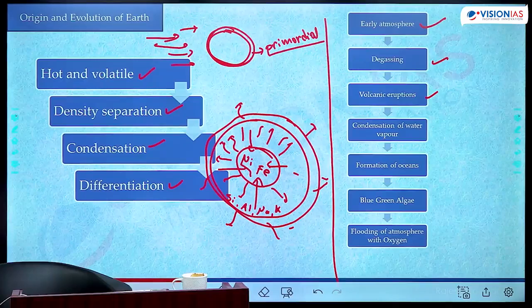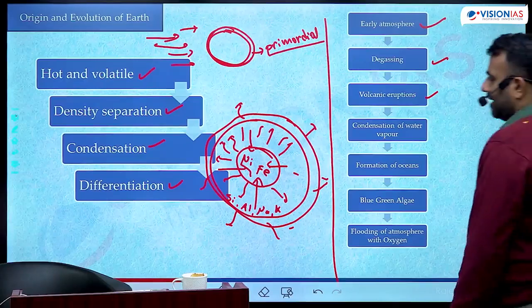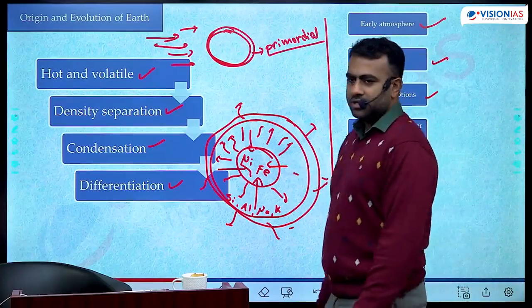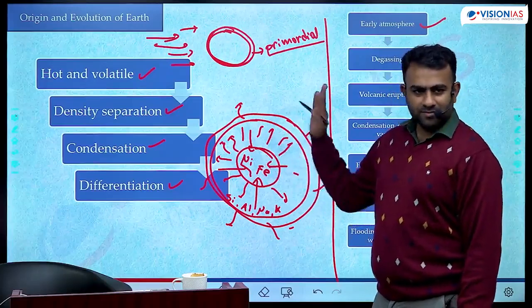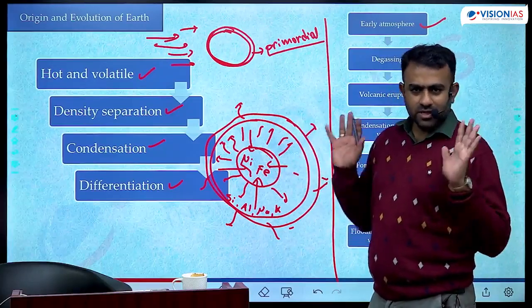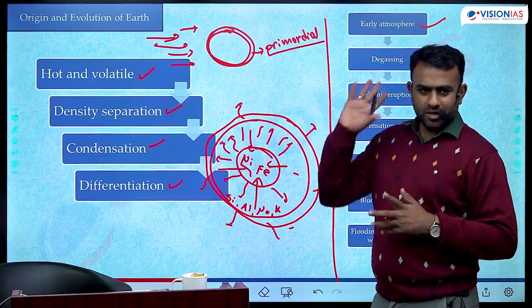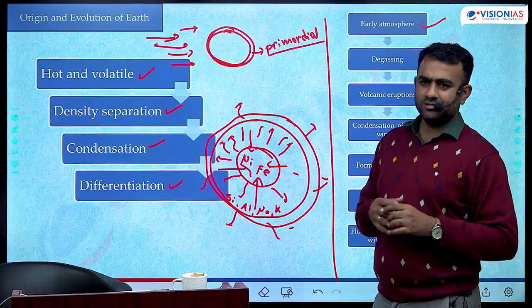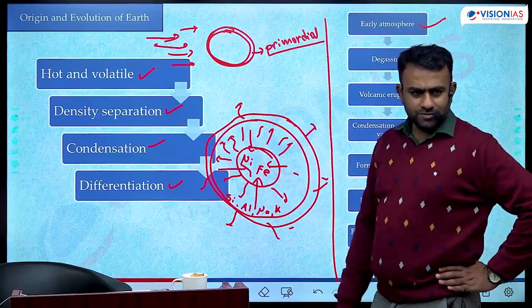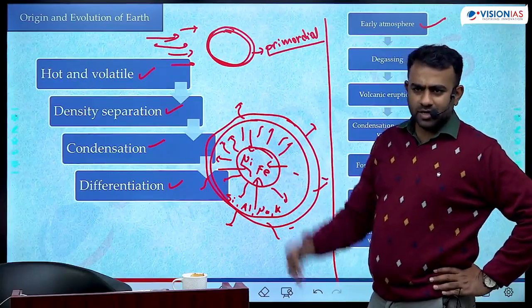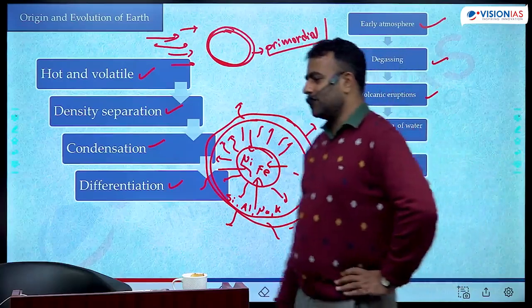In addition to that, there were also continuous volcanic eruptions going on. Why? Because it was totally hot condition. The interior was so volatile. It was continuously producing magma. अभी तो बहुत ठंडा हो गया तो इसलिए इतना frequently magma eruption नहीं होगा. वो भी होगा, बहुत जगह में होगा because of plate interaction. Otherwise, earlier everywhere the magma was produced. Everywhere huge volcanic eruptions, and one of the major components of volcanic eruption is